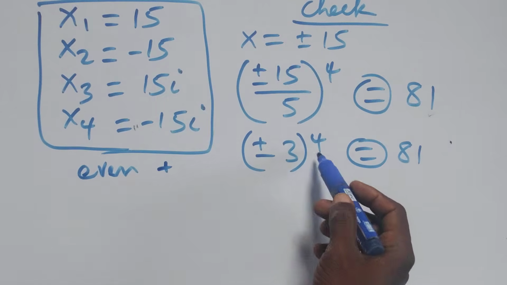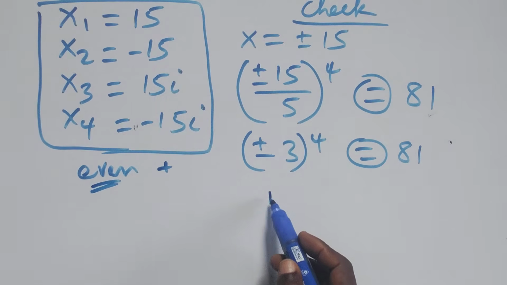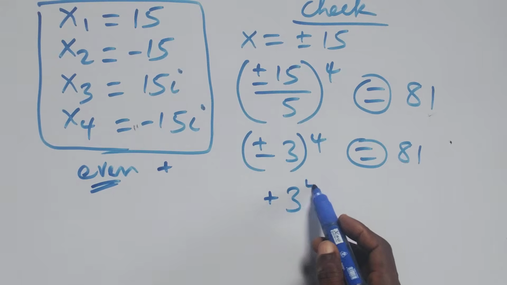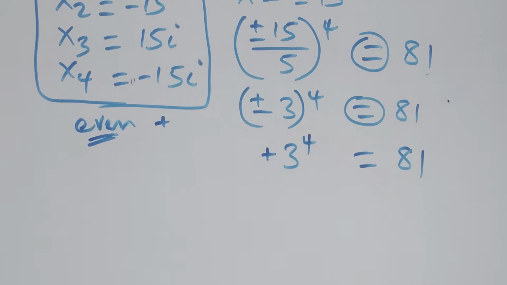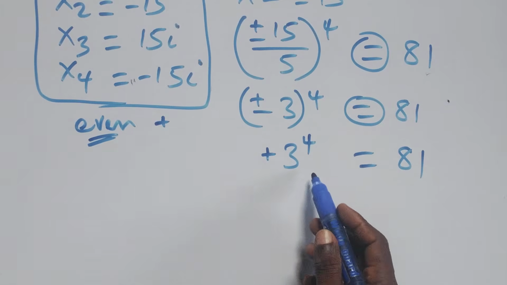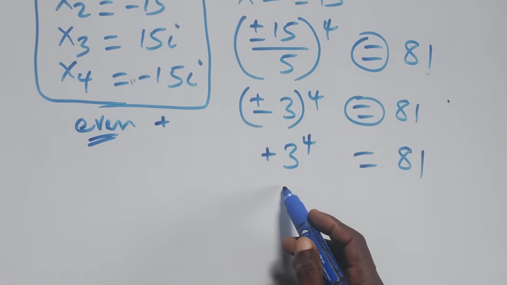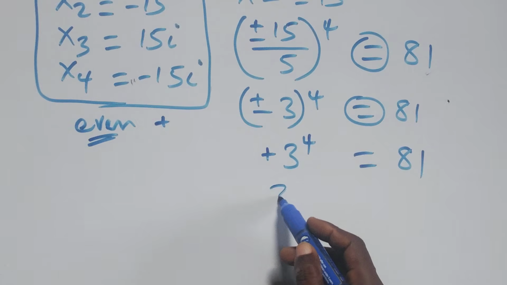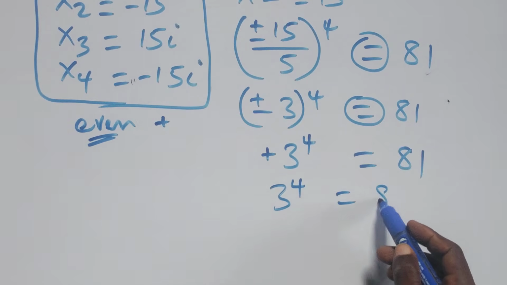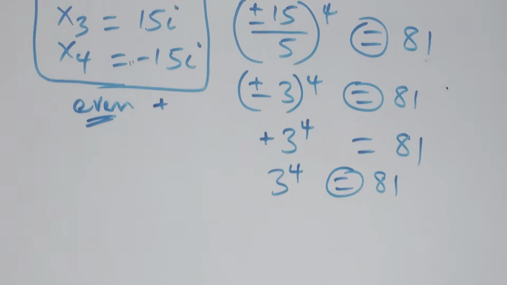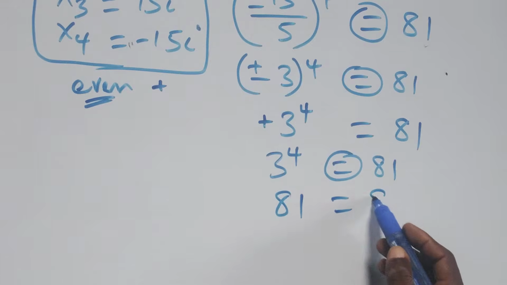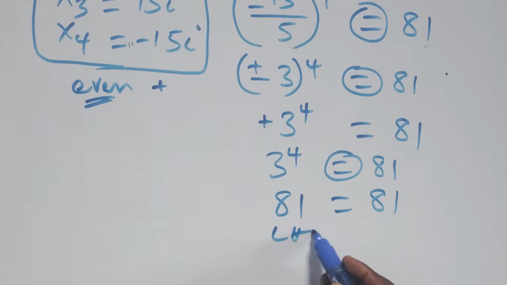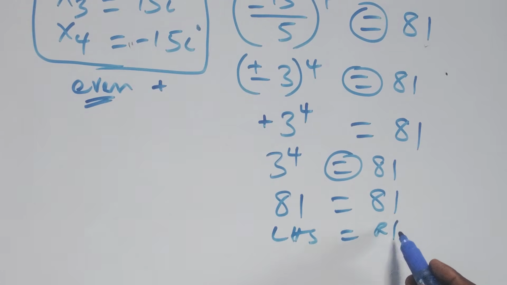So either of these signs, when we raise it to even power, will be plus. So we have 3 raised to power 4 equals 81. And 3 raised to power 4 means 3 multiplied by itself in 4 places, and we have 81 equals 81 here. Left hand side now equals right hand side. So these two real solutions here